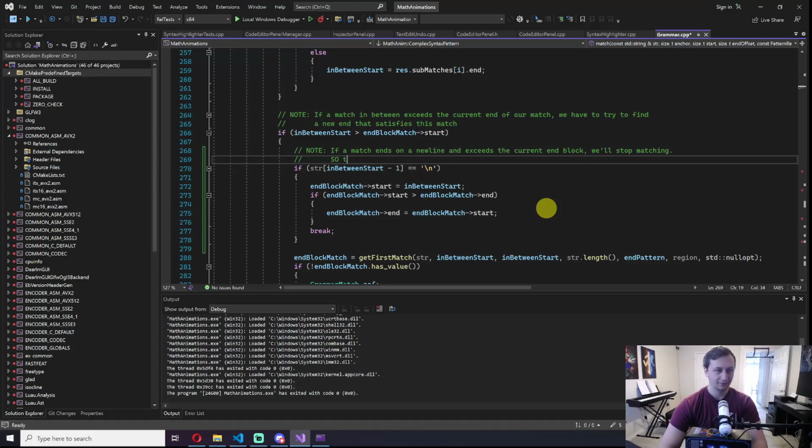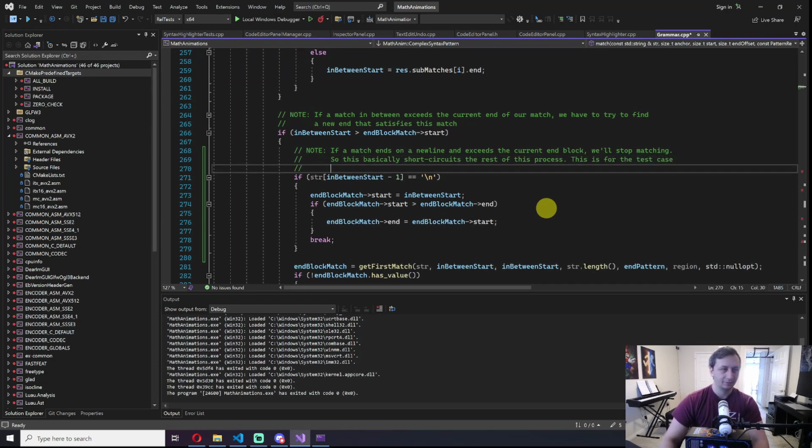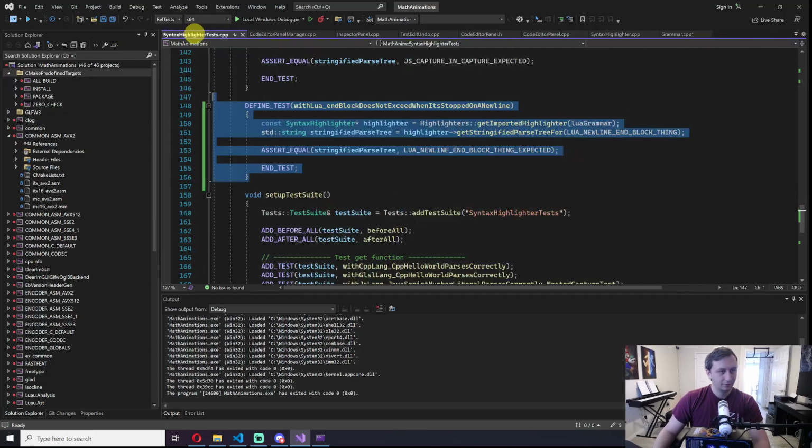So this basically short circuits the rest of this process. This is for the test case, and then we'll just paste that test case, which was this thing,